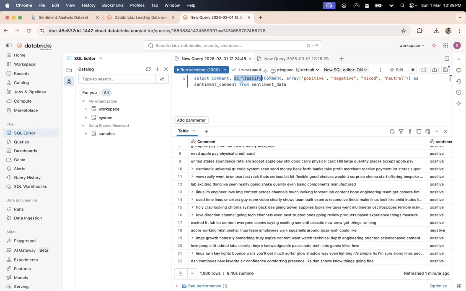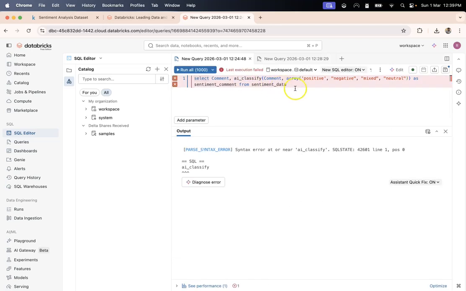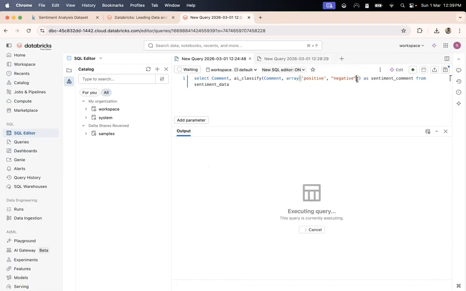Let's do command return. It's saying there is an error. Mixed. One second, let's run it like this. It was working here. Okay, here it's working.